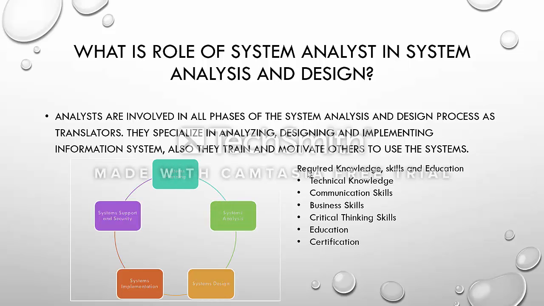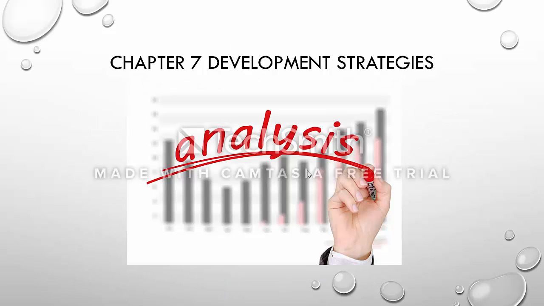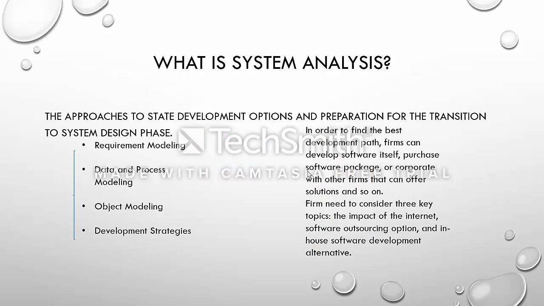When requirements modeling, data and process modeling, and object-oriented modeling are done, we now step into development strategy. It is a part of the system design, which is in the second phase of SDLC. Turn to page 257 if you have any problem with my accent. What is development strategy? It is the approach to state development options and the preparation for the transition to the system